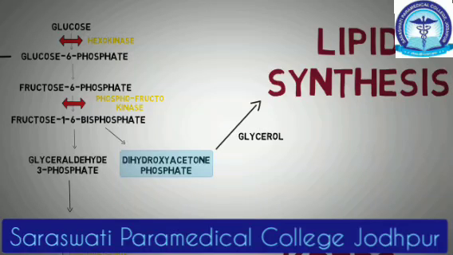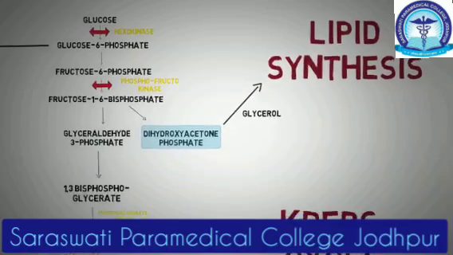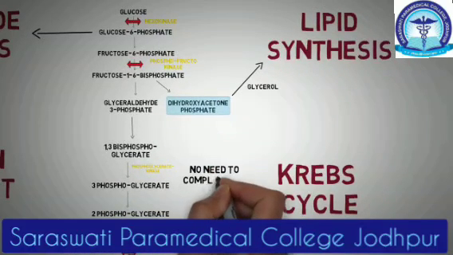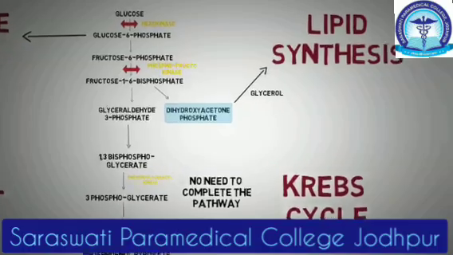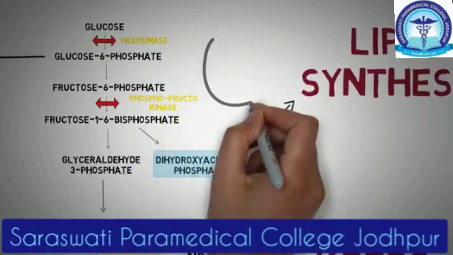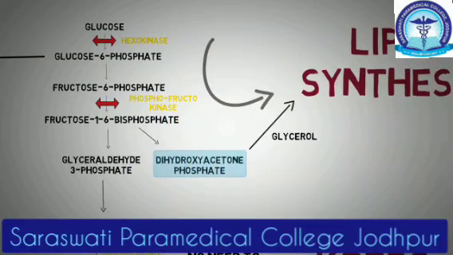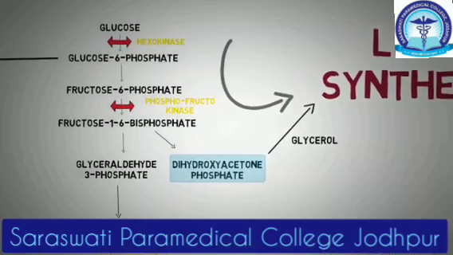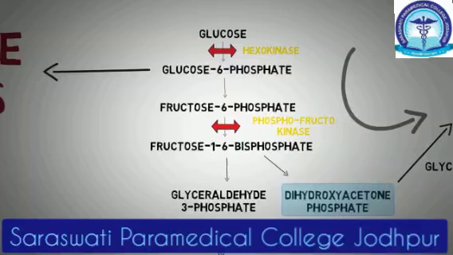For example, dihydroxyacetone phosphate is used to make glycerol, which is used to synthesize important lipids and store energy. Now, when you are in a well-fed state, you have abundant energy in your body. Your pathway of glycolysis doesn't need to go till the end because you don't need more energy, but it still needs to go till dihydroxyacetone phosphate, which can be diverted to produce glycerol so that you can synthesize fat and store it for energy. Metabolic control must therefore allow glucose to be converted into dihydroxyacetone phosphate, even though the complete breakdown till pyruvate need not occur at such high rates.